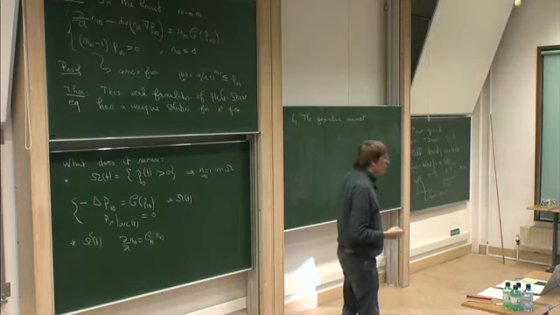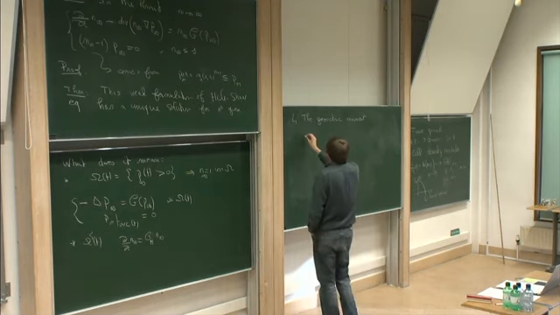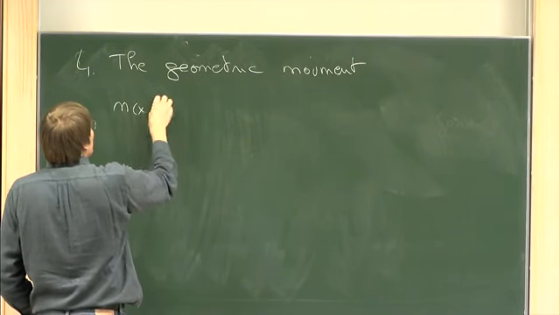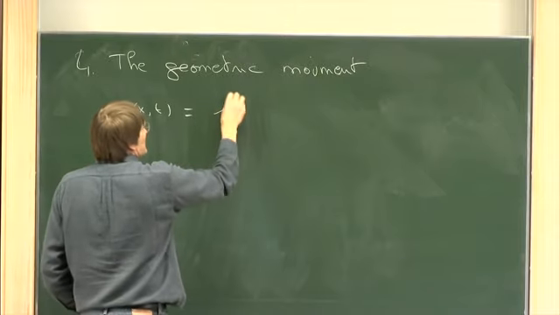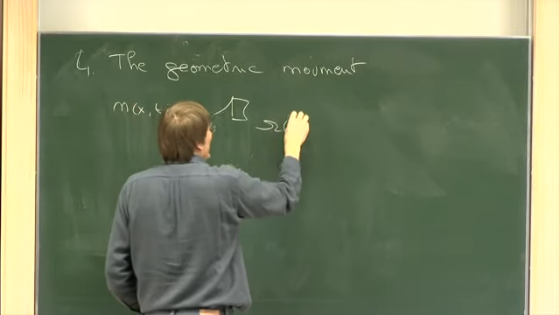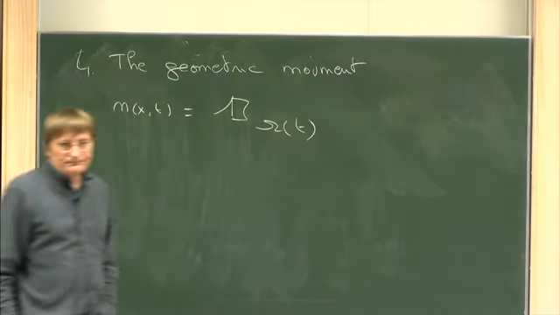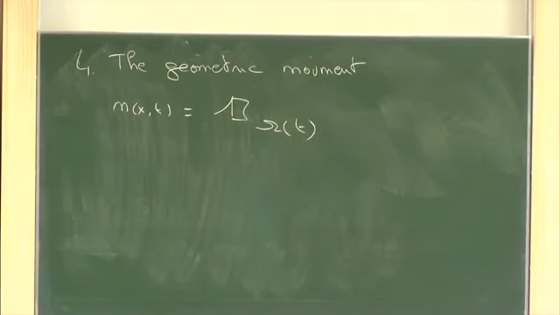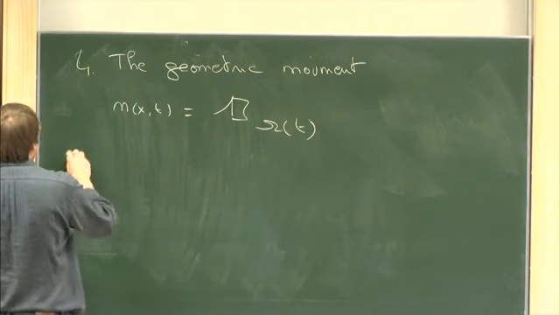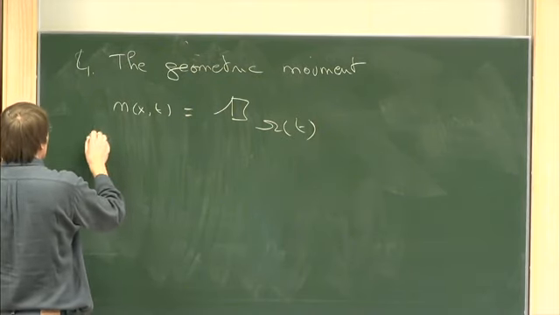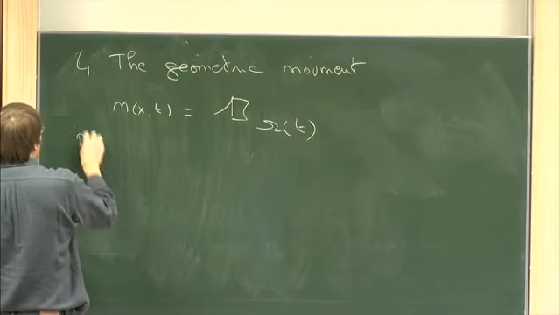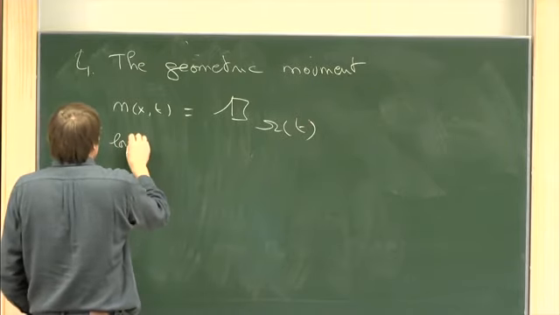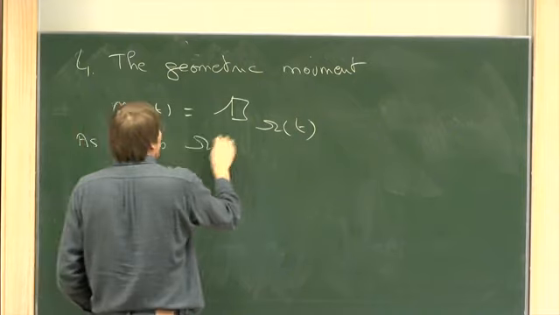And you would like to know if there are solutions n of x,t which can be written as just the indicator function of omega of t. And so what you see is that, as long as omega of t is smooth,